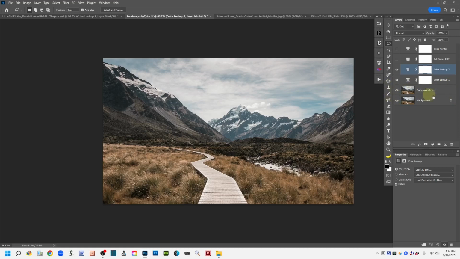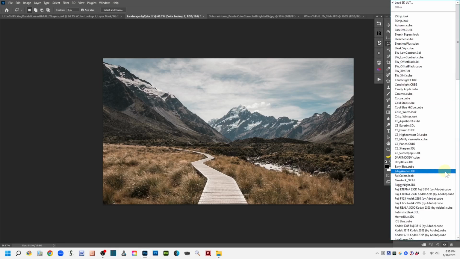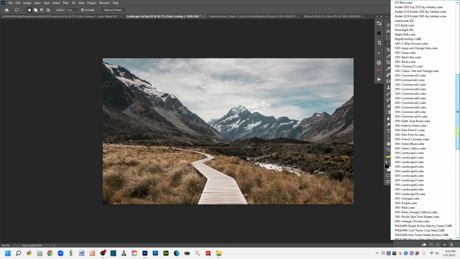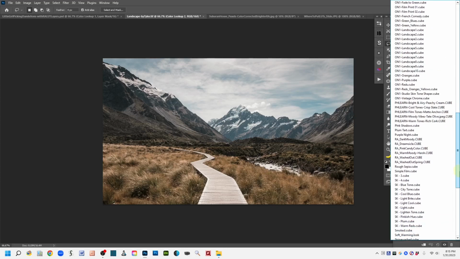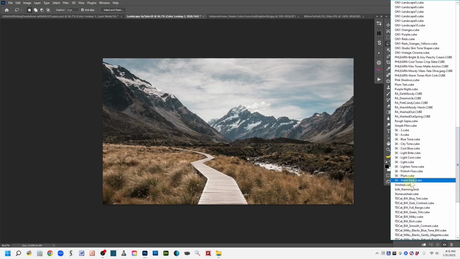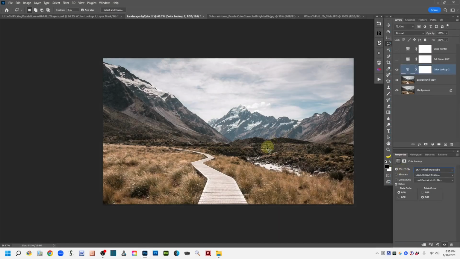And now we can, oh, we ended up with a different layer. Okay, sorry. And now we can come down to this Properties panel, and let's see if I can find something that's sort of pink. There's a scroll bar over here, so if you end up with a lot of them like I have, you can just drag it down. I'm just scanning as I go here. Here, this must have been the one I used. So there's a pinkish hue. So I'll left click on that. Yeah, and you can see that